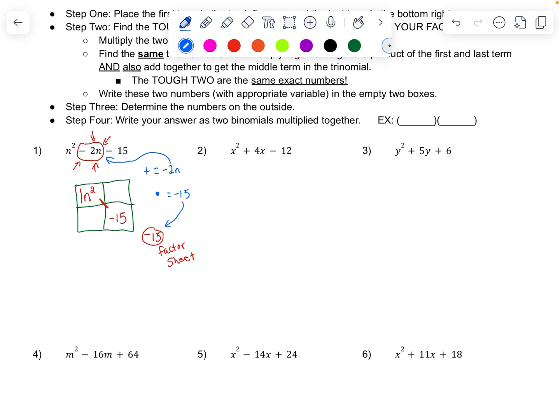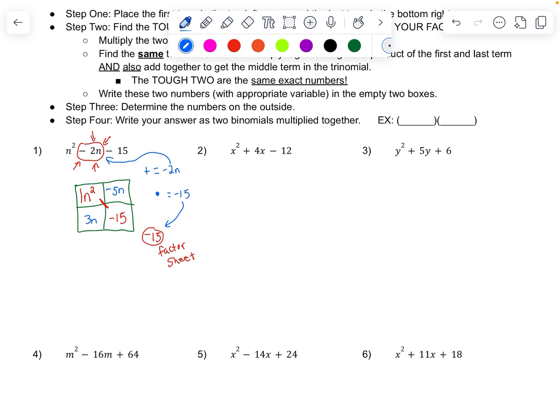Well, if I think of 1 and 15, if I were to take 15 plus 1, that's 16, not negative 2. That wouldn't work. If I were to try 15 minus 1, that's 14. So that's not going to work. So it's going to be the 3 and the 5. If I did positive 3 and positive 5, well, that's 8. That doesn't work. So maybe I need to put a negative on one of those. If I do a positive 5 and a negative 3n, that's positive 2n. So, hey, we got the right number, we just don't have the right sign. So maybe if I flip those signs, maybe we do a negative 5n